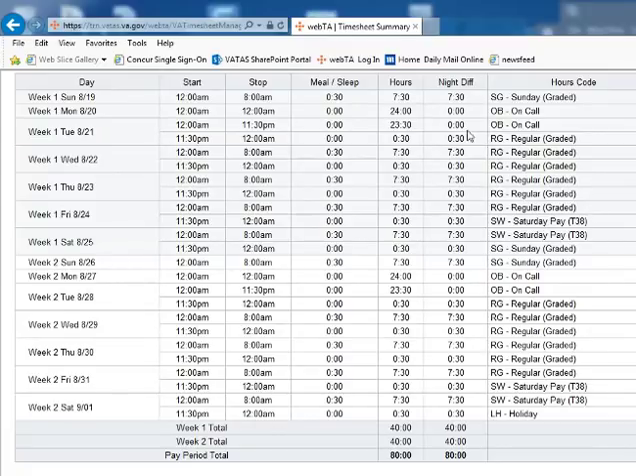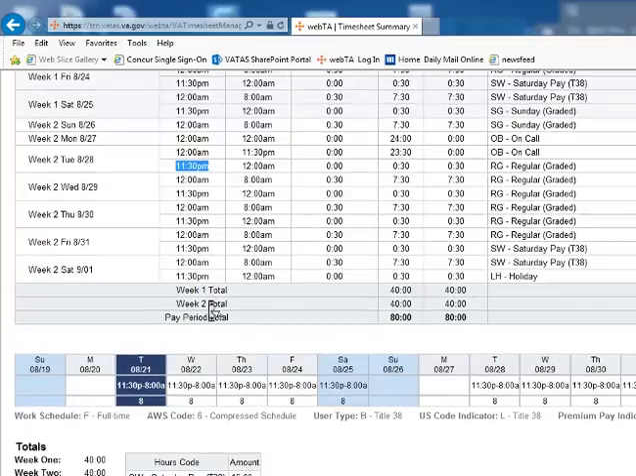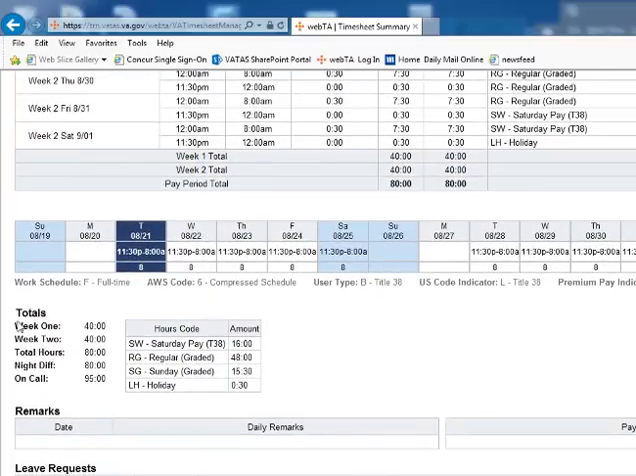You can see that the employee worked 24 hours of on-call all day on their Monday, which is their day off, and 23.5 hours on Tuesday, leading up until where the employee came in at 11:30 p.m. to begin their 11:30 p.m. to 8 a.m. shift. If we scroll down just a tiny bit, underneath of the employee schedule, we again see